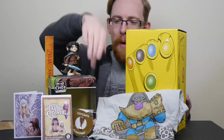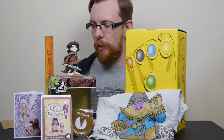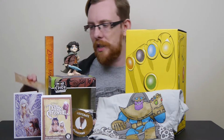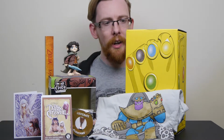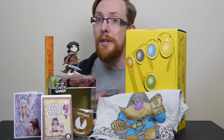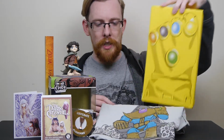Finally, we have the pin, and the overall theme, which was, of course, artifacts. I've got my bit of paper here, so artifacts is my overall theme for the box. And I think for the most part, this is pretty good. It's not great. It would be nice to have got something that felt a little bit more focused on artifacts, perhaps. But the fact the box turns inside out and becomes the gauntlet, I can lift this up and actually